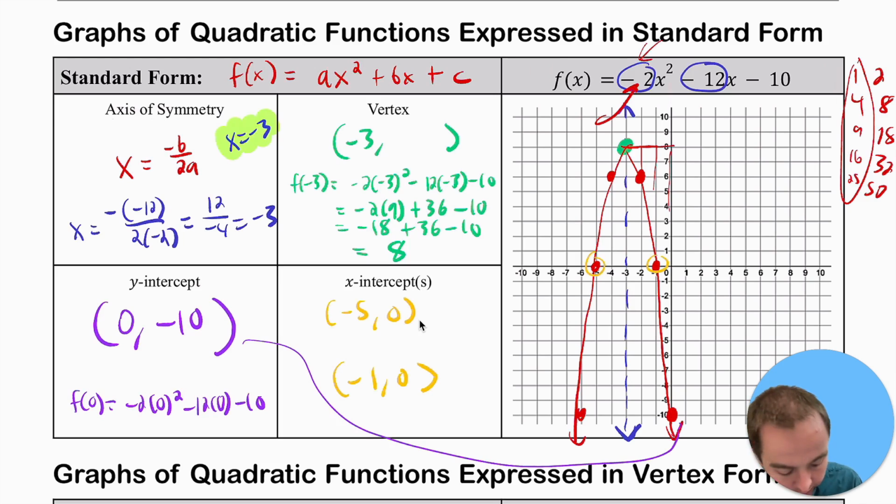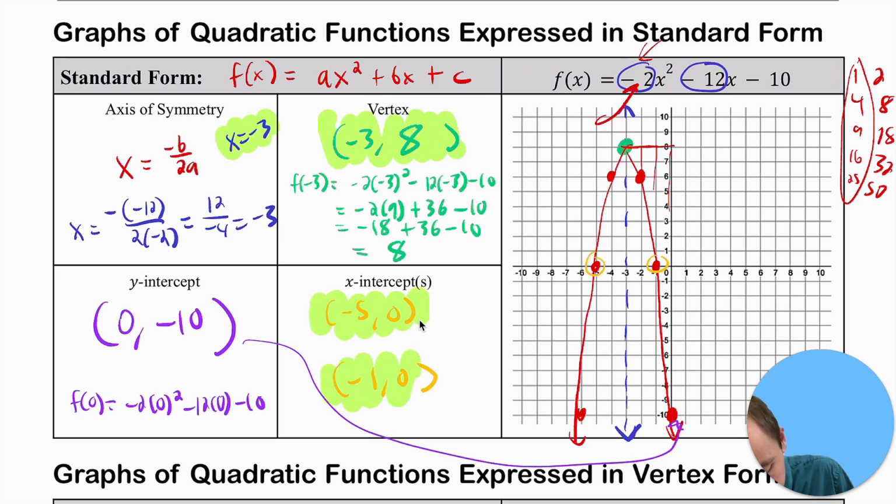And that does correspond to the fact that it does actually cross through the negative 10 right there. So those are the big things that we need to deal with in standard form. I guess with the vertex, I didn't write the 8 right there. So let me highlight in green those big things that we found, those big characteristics of the